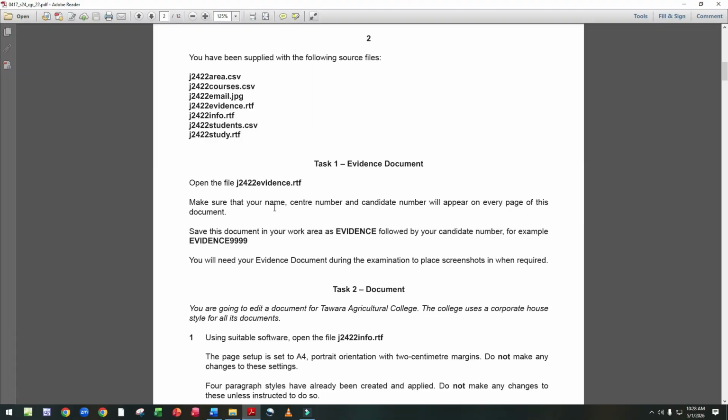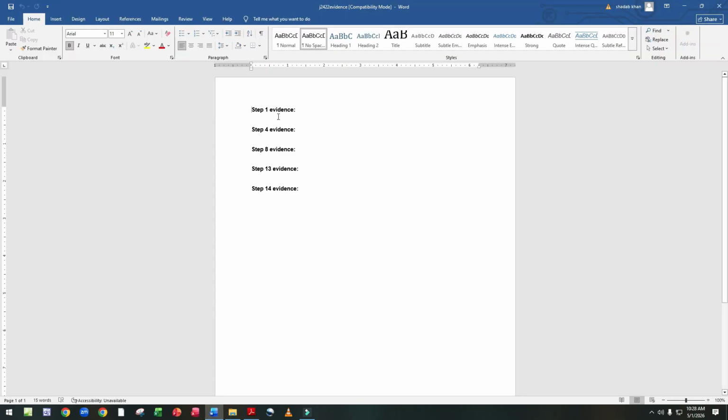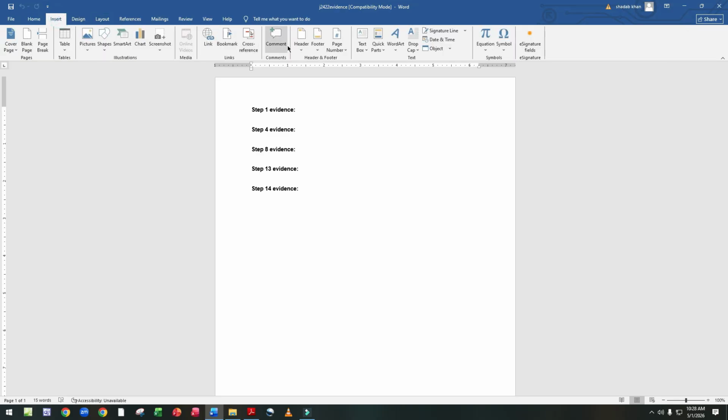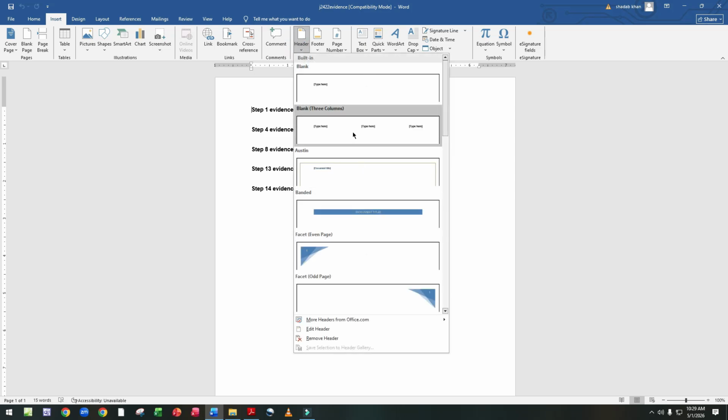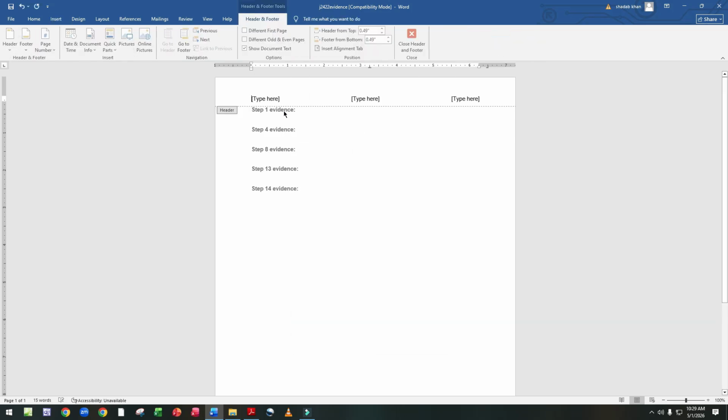Make sure that your name, center number and candidate number appear on every page of this document. Now we enter in the header of this document the name, center number and candidate number. Click on insert, go to header, select blank 3 columns.